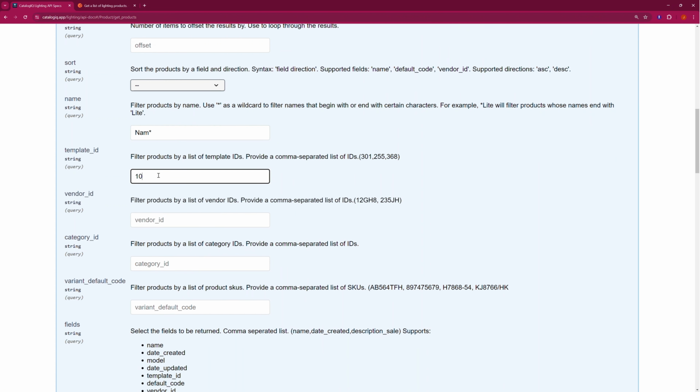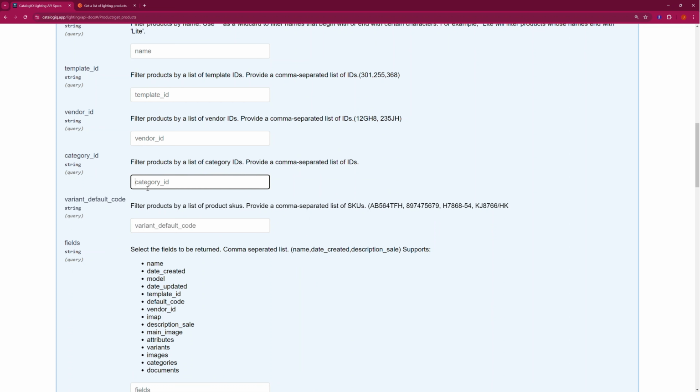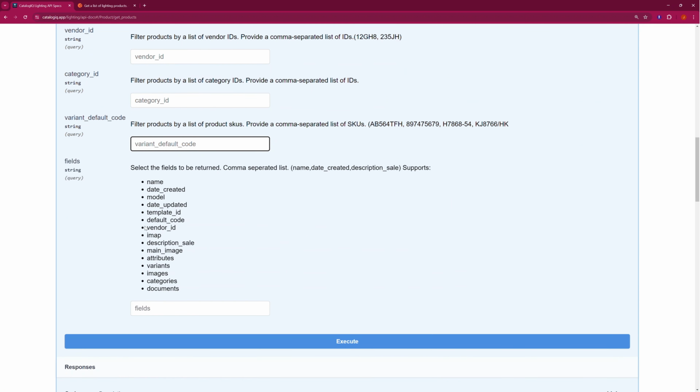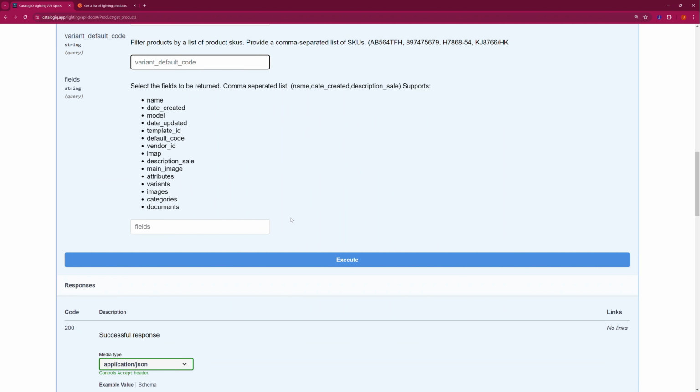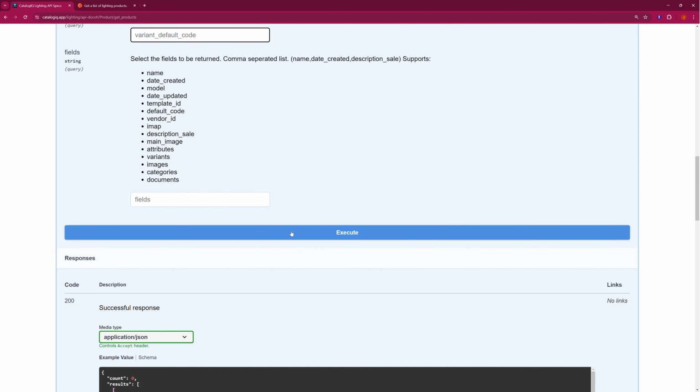For template ID, we can search and filter by the template ID to bring up individual product resources, and the category ID. And finally, we can filter by the variant's default code or the SKU number of the individual product. Every individual item will be assigned a SKU for products that use SKUs. At this time, we can hit execute,